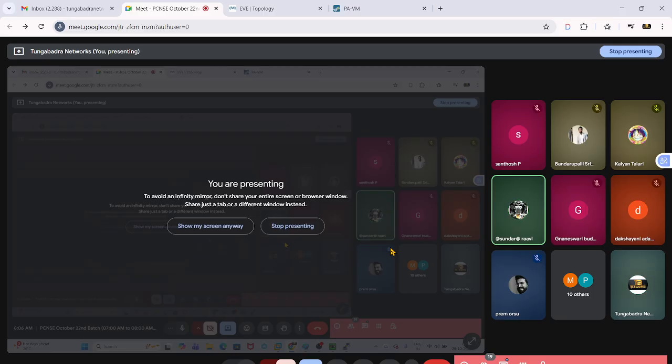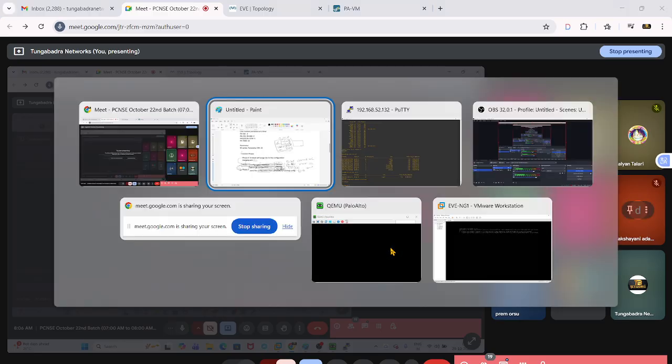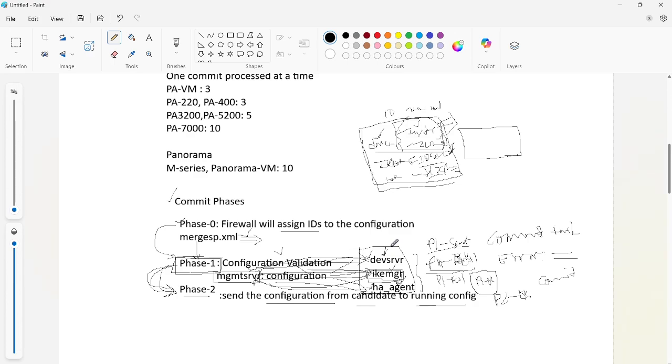Yes, that's correct. Let's say I made changes in the device section, in IKE phase one, and in policy, but I made mistakes only in IKE and not in the device and security policy. What is the status then?